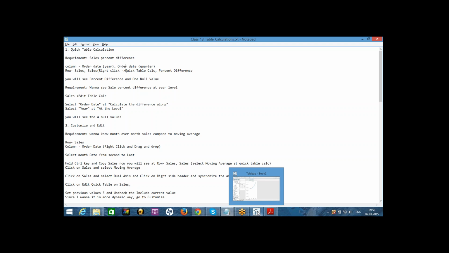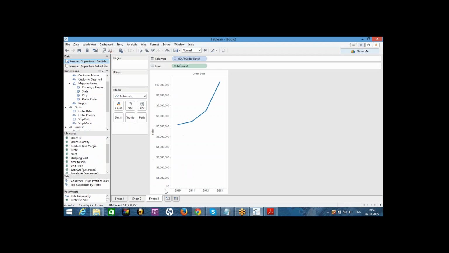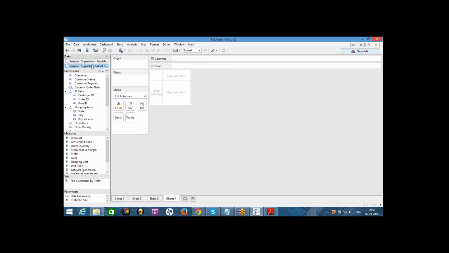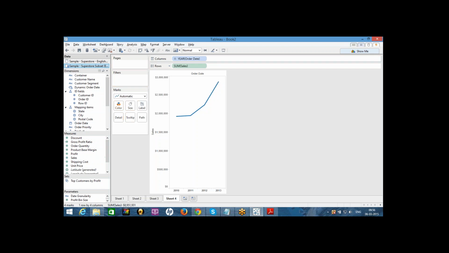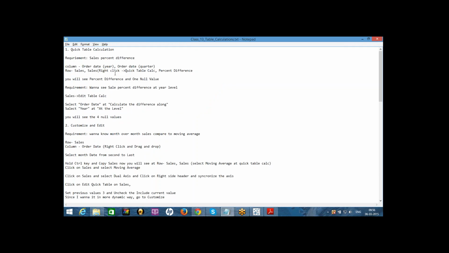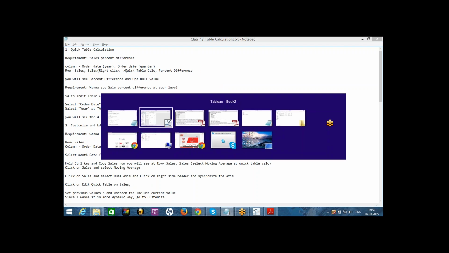So I wanted to find here the sales percent difference. I'm taking here order date, the sales, and I need to take order date for quarter as well.